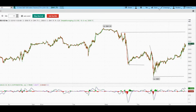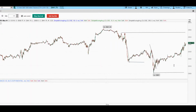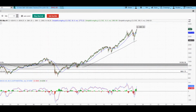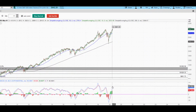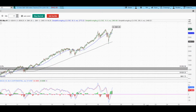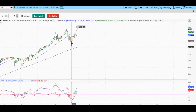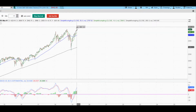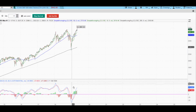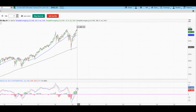The only thing we haven't looked at yet before we look at the rest of the stocks is our weekly time frame, which is our higher time frame, right? And the MACD is almost the highest it's been since March 18, and that's bullish. And you can see as long as we stay above this green line, we stay in an uptrend. So this looks phenomenal. Now, the only thing I guess you could say is we're hitting new highs without MACD at new highs. If that's really the only card you have that's bearish,